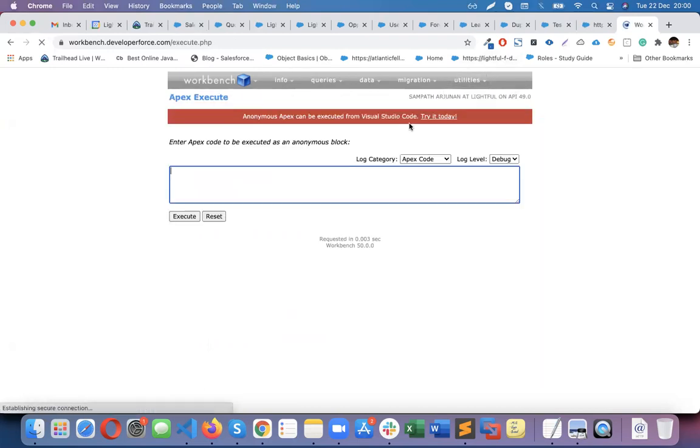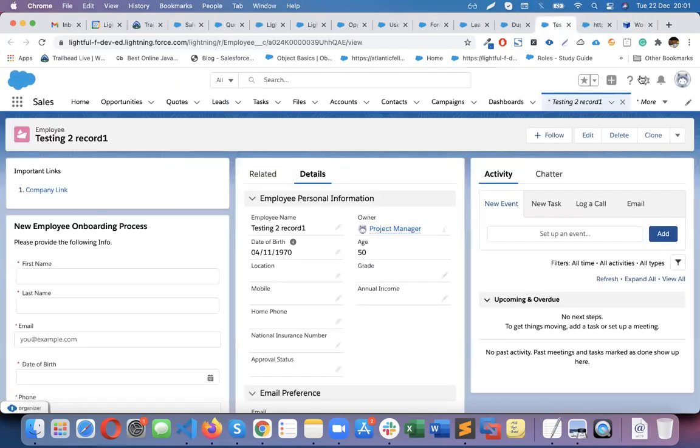And this utility will also help you do some kind of development work here. So in Apex execution, here I can execute my Apex code. I can do the Apex code, or I can execute the validation rules. Here itself we can execute the validation rules, workflows. After typing any code here, like the list of employee code, you can type the same code and see the result over here itself. So if I go to the developer console,